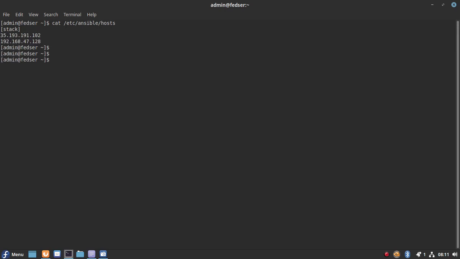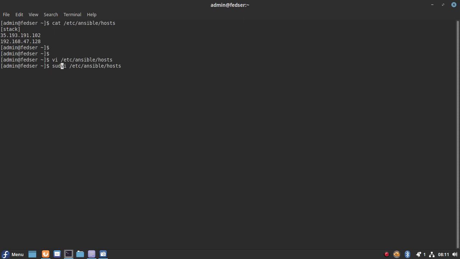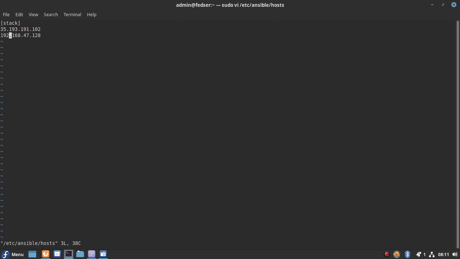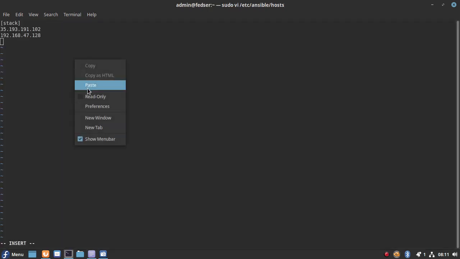So let me add the Ansible node 2 host IP. I need to do it with sudo as it is owned by the root user. So let me copy the Ansible node 2 external IP which got assigned to the server.